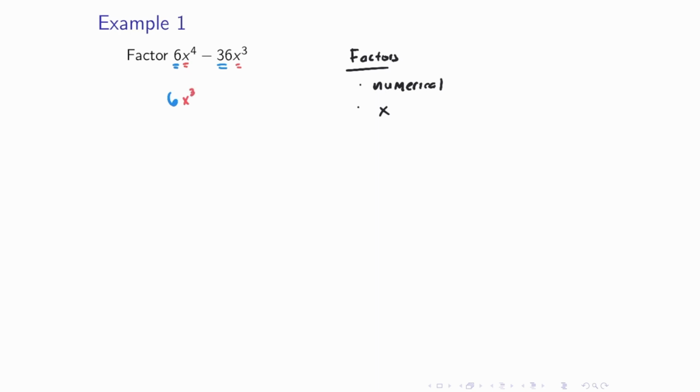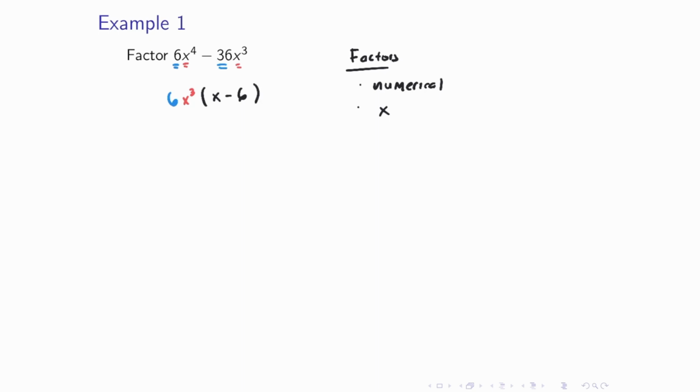Now, to factor that out of the polynomial, all we have to do is ask, from each term, what is left over once we've removed this GCF? Well, we don't have a 6 anymore from the first term, and we had x to the fourth, and if we remove x cubed, we'll have a factor of x left over. From the second term, 36 is 6 by 6. So since we removed a factor of 6, we'll have a factor of 6 left over. And since we had a factor of x cubed, but we remove it, so that's it.